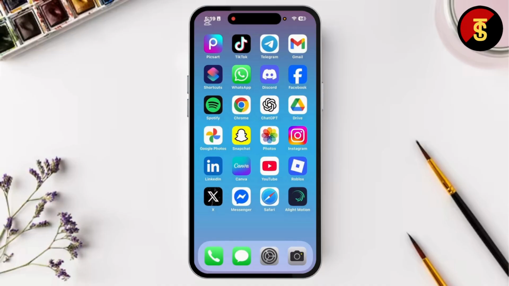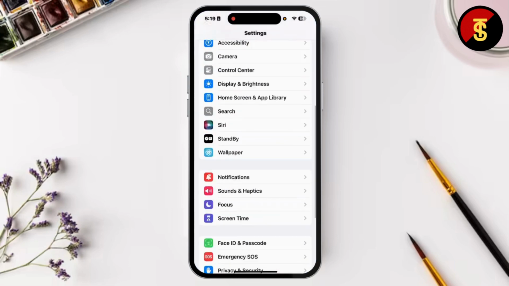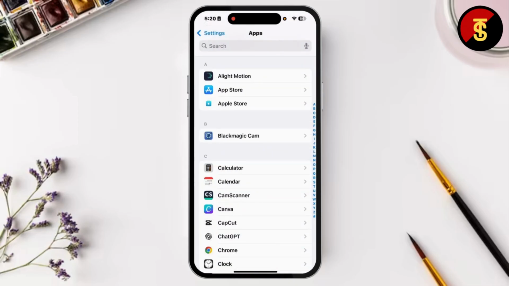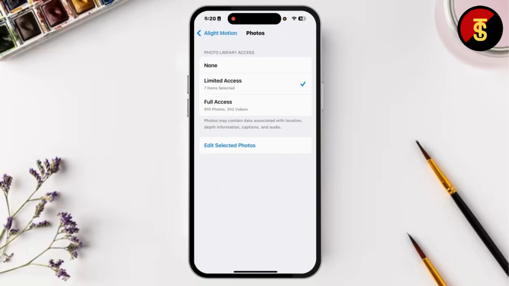If you confirm it and still have a problem, open the settings. From the settings section, scroll down and tap on apps. From the apps section, find the application Alight Motion. After you find it, tap on that. From this section, tap on photos at the top. And from here, choose options like full access. After you give full access to Alight Motion, it will save the exported video on your iPhone